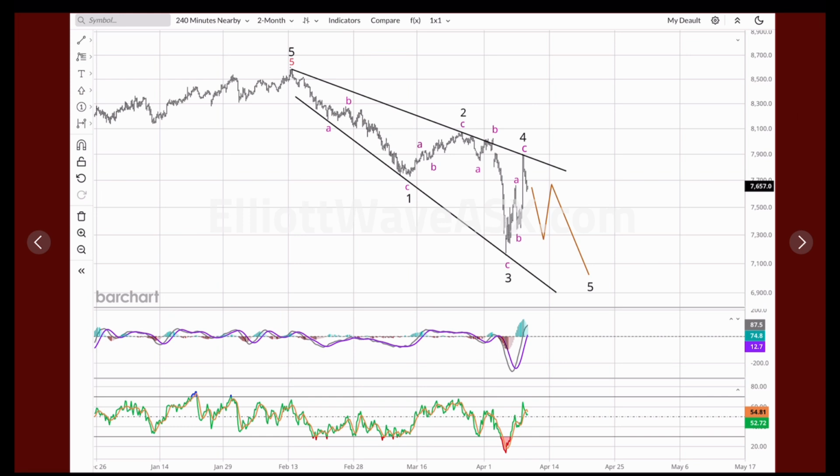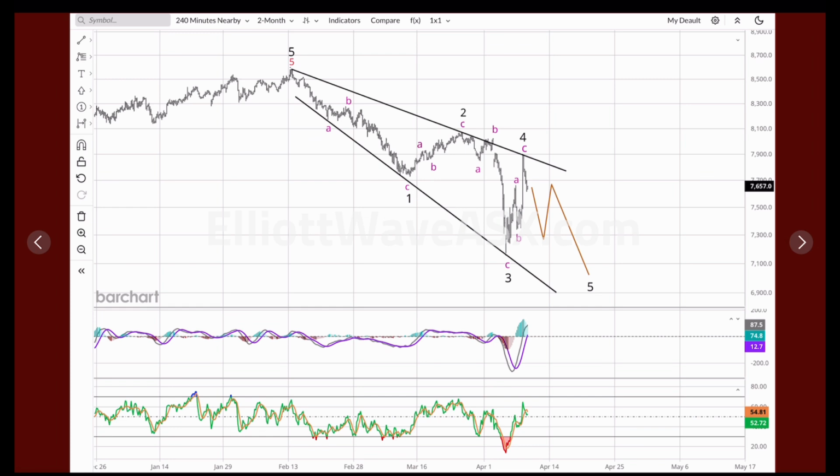And then without zooming in any more, this is a 240-minute chart, we seem to have an ABC down to this wave C for 3, and a very clear ABC up to the upper black trend line. So it is starting to form into a megaphone or an expanding triangle, and it can be a leading expanding triangle. Again, rare, but it certainly can happen. So don't try and catch a falling knife.